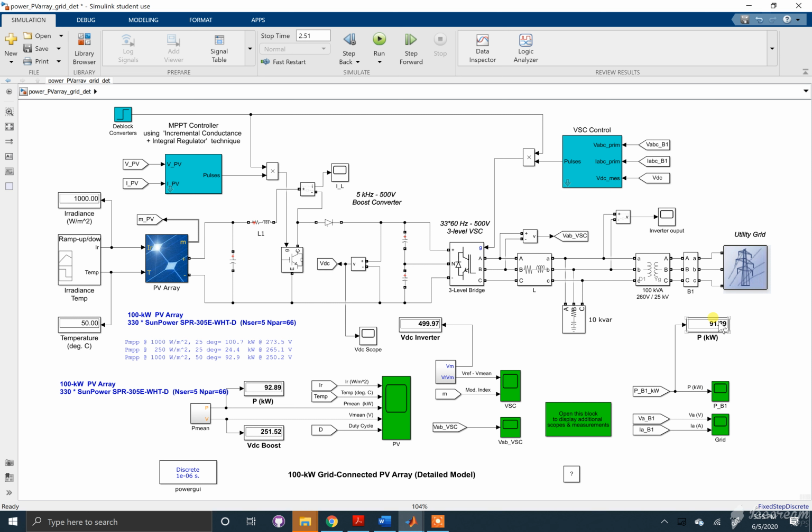We were cut off in our previous video, so I'll just wrap up real quick by talking about the voltage source converter here, its control algorithm, the filter, and the outputs. So starting with this voltage source converter,